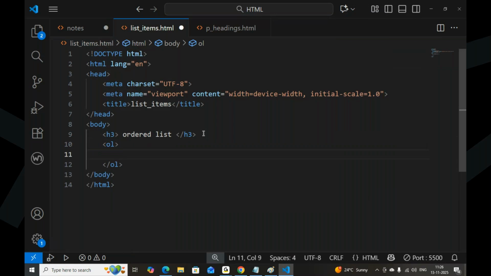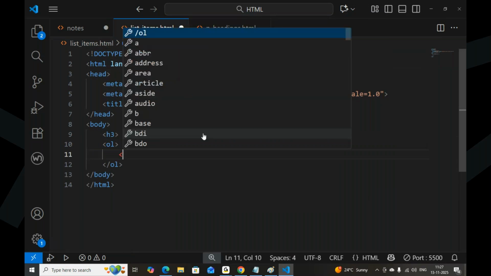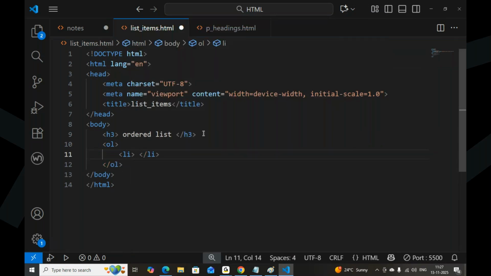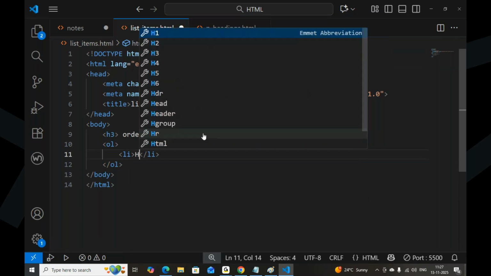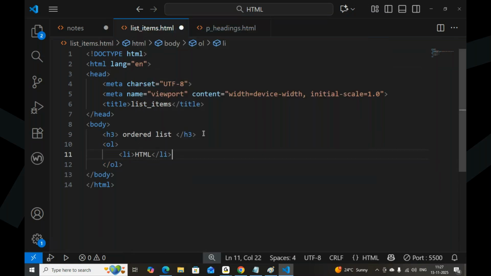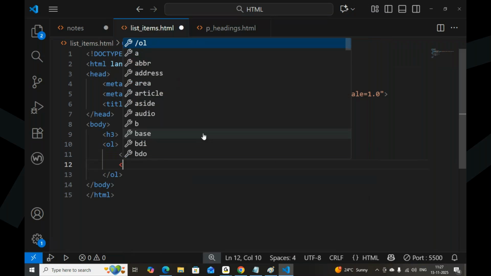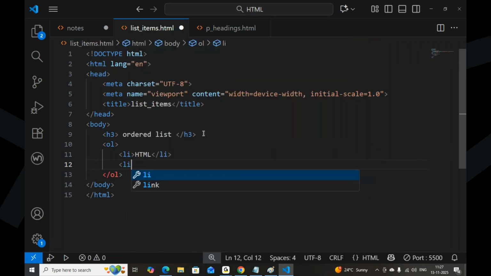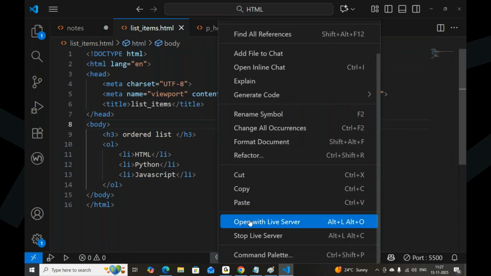For this ordered list, I should take different kinds of list items, some technology names. One is HTML, one is Python, one is JavaScript. Okay, so how will this ordered list look? Execute it.